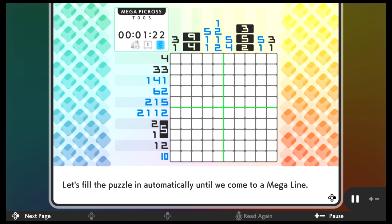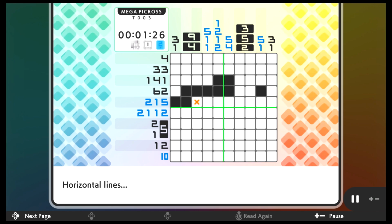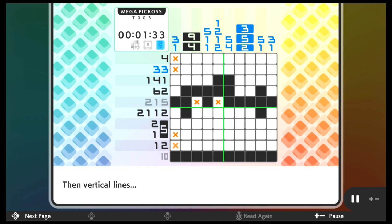I kind of wish there was more background music choices, but ultimately I just ended up turning it off because it got kind of repetitive after so many puzzles. I also really wish they had different pictures for the Mega Picross ones instead of just recycling the same pictures,